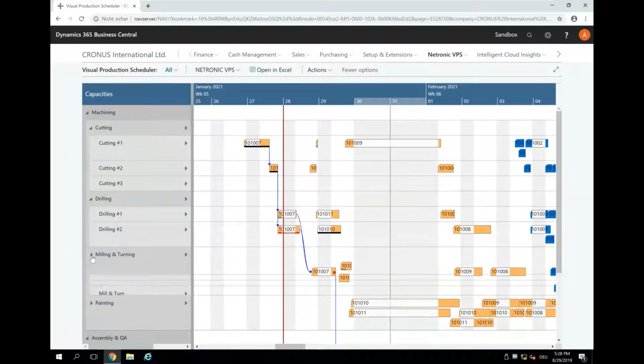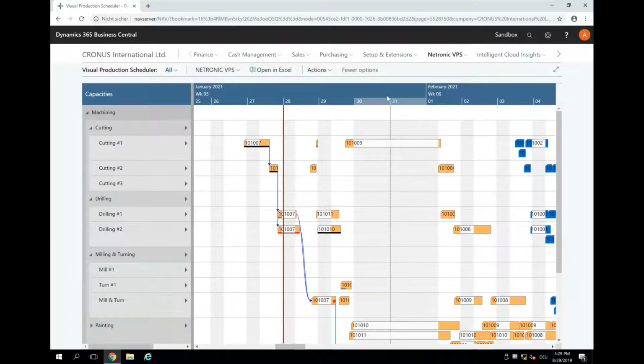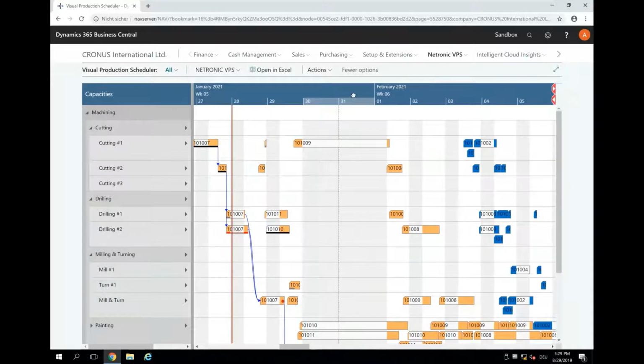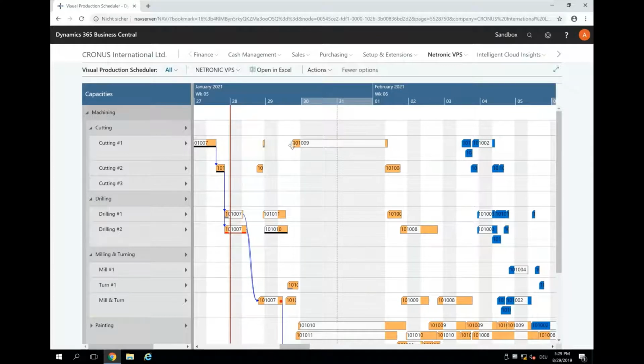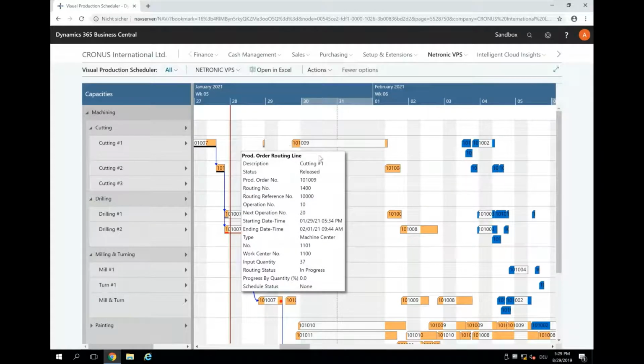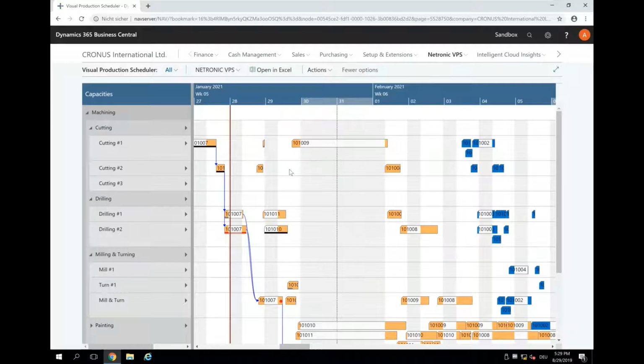And some of the things that people always ask is they say, okay, this now indicates, as one bar, what the duration of the setup time and the runtime, and I also think the wait time is. And we got a lot of requests that people told us, okay, let's forget about the wait time, but actually the setup time in this view is relevant to know. And so now what we can do on the right mouse click is we can say, hey, show setup times. And if we do say show setup times, then